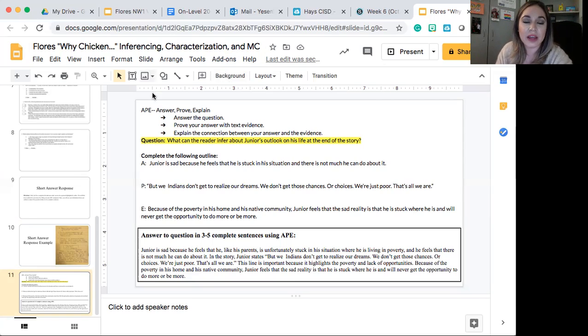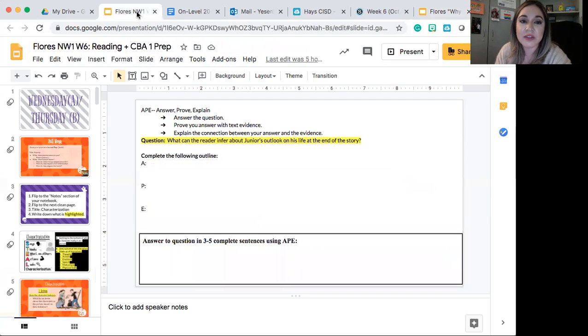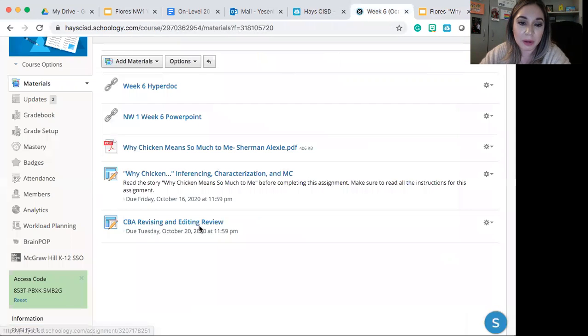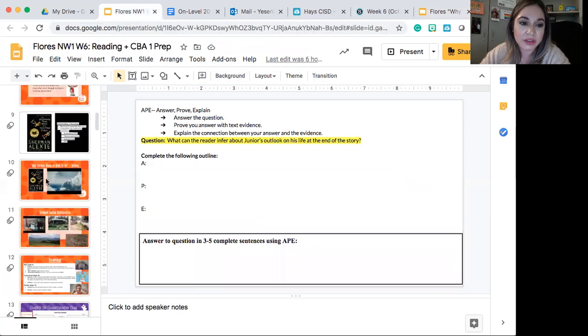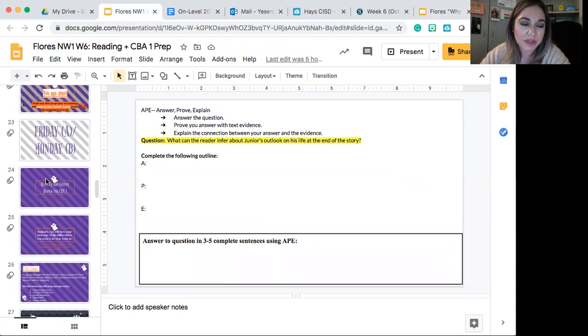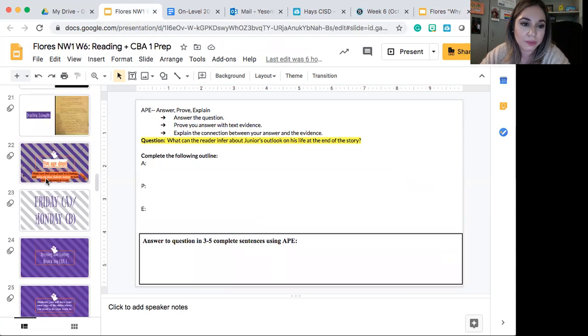The other thing that we went over today in class is a review for the CBA for next week. So next week we have a CBA test. You have both revising and editing and reading. If you go to Schoology, you will see the PowerPoint CBA revising and editing review. When you open that PowerPoint, you will see something very similar to